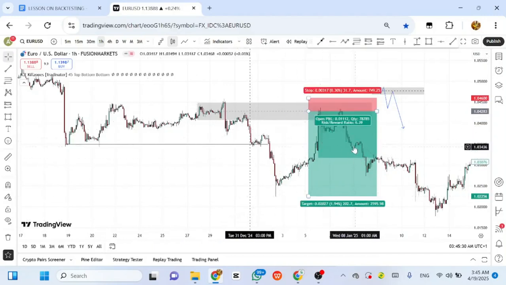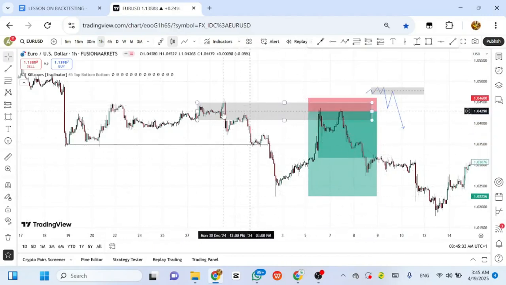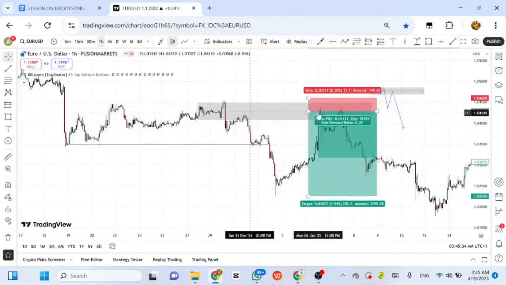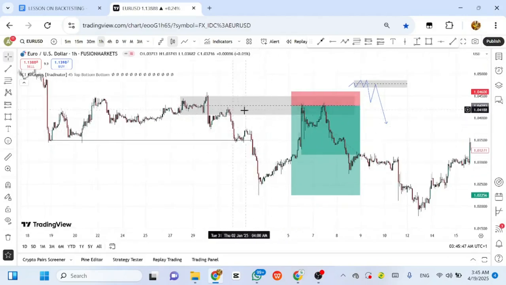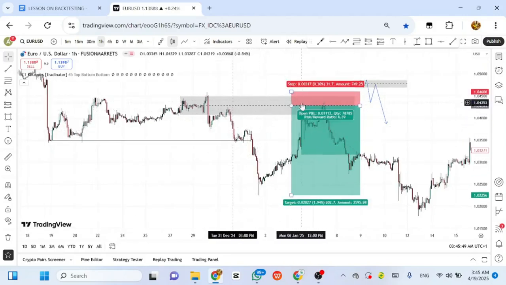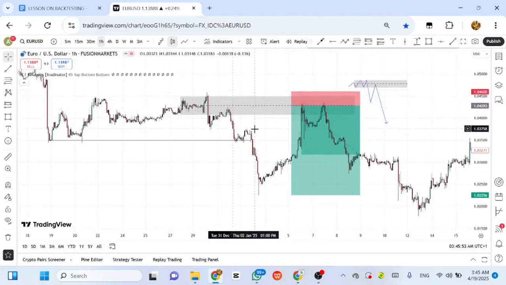So now you can see what happened. Market came boom to this point. My SL was here, and then it came down. You can see that there's pressure on this point. That's why I say this is an order block. It's a supply zone. The supply here was much. I can tell you that there are passive sell orders here. This is what I mean by passive sell orders.